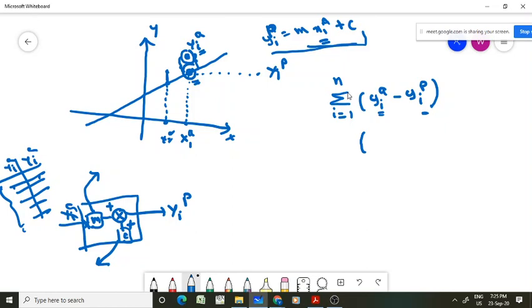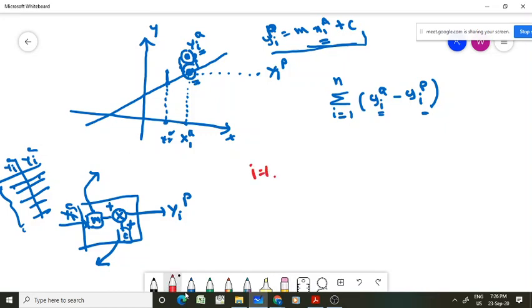Now, still some modification I am doing here. So this is the total distance, right? Now see, if I want to minimize this function, we can't use this function as it is, because sometimes YA may be more and YP will be less, then it will be positive. Let us assume, friends, I am telling, for i equal